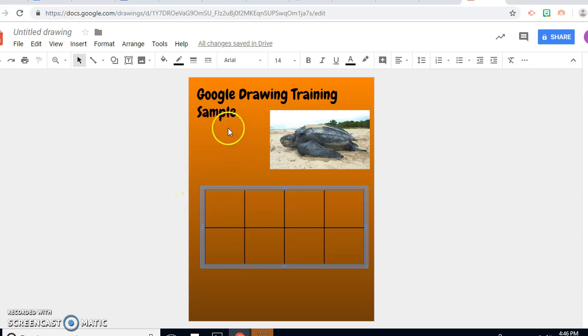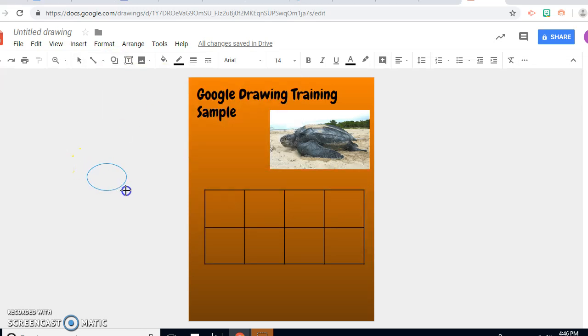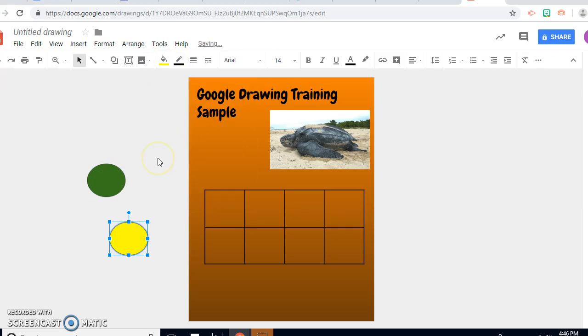Now, you notice that the workspace is rather small on a Google drawing, and I kind of like that because it makes the kids get to the point. So what I like to do on the side, if I'm doing a drag and drop, these are where all the materials are for them to drag and drop. So if I want them to make a pattern for simple primary, then I would just create the materials that I want them to. So I'll make this one green, just copy and paste, and so then I can change the color to maybe yellow,